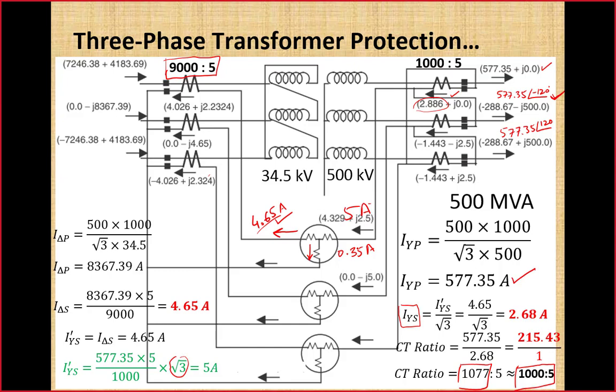So now here is the current coming from the delta connected CT secondaries, and the current which will flow through the differential branch is 0.35 with appropriate angles. Remember, in the exam you will have to mention the angle with all the currents. These two currents, 5 ampere and 4.65 ampere, although they have different magnitudes and the difference is 0.35 ampere, their phase angle is exactly the same. Both are perfectly in phase with each other.